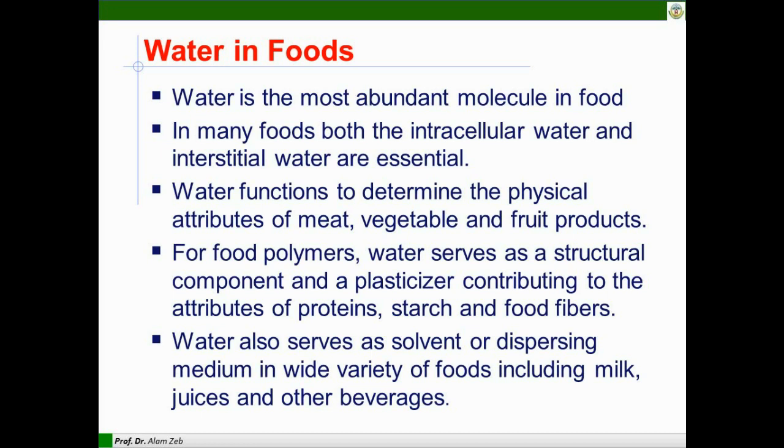Water is the most abundant molecule in food. In many foods, both the intracellular water and interstitial water are essential. Water functions to determine the physical attributes of meat, vegetable, and fruit products. For food polymers, water serves as a structural component and a plasticizer, contributing to the attributes of proteins, starch, and